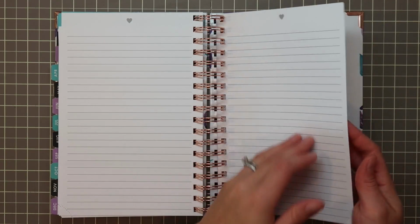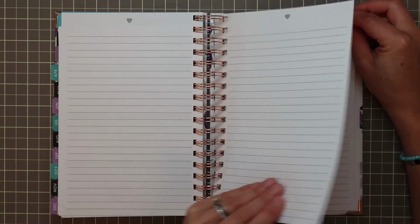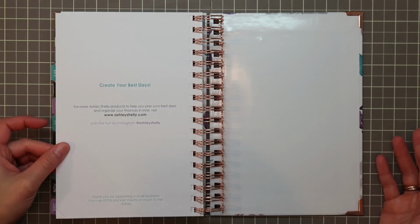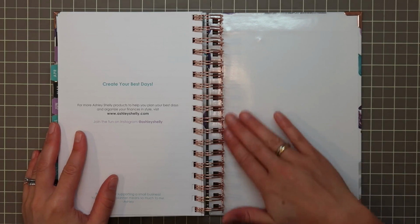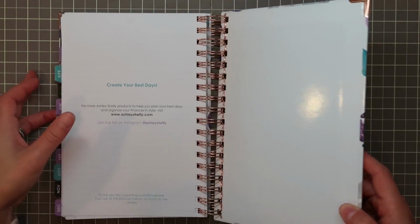And like I said, there are 10 lined note pages, and these are lined in a kind of medium gray with a little heart detail at the top. You get to the very last one, and there's a part at the back to stay in touch. Follow her on Instagram, get her website. The back cover does not have a pocket, but it is, again, that nice glossy finish. And that's the whole